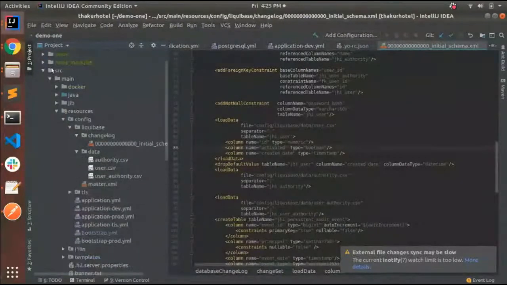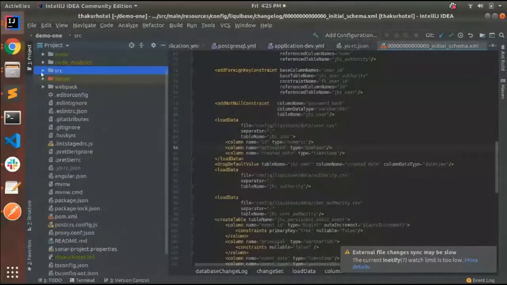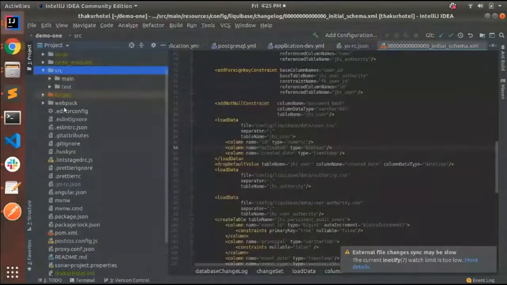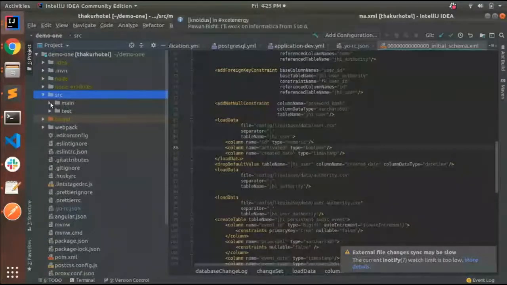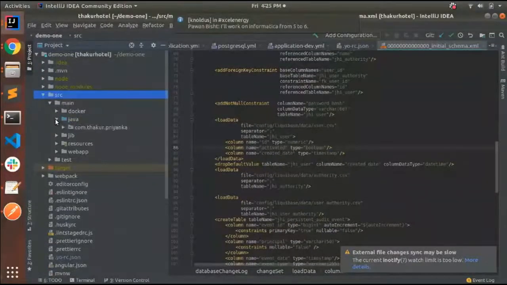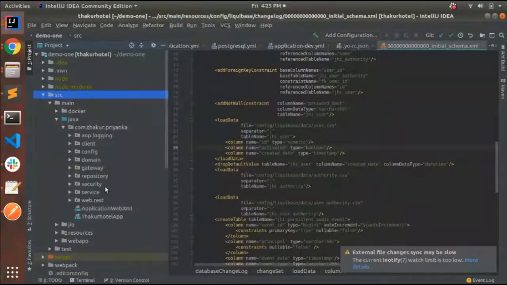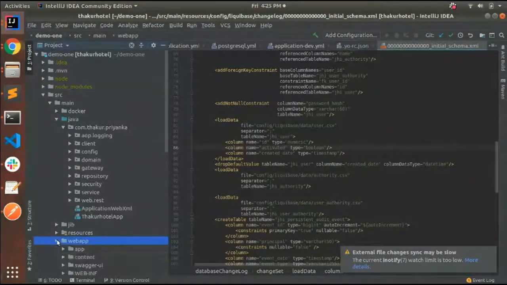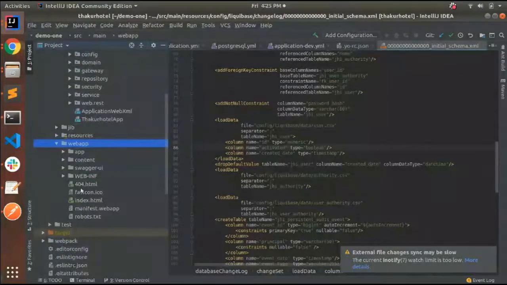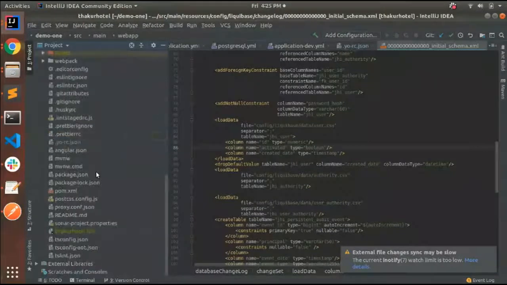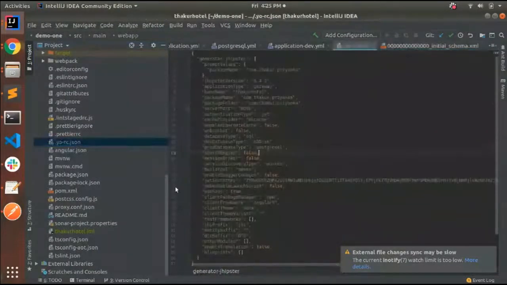And this is my gateway application. Here we can see the source, which represents all our Java application code. Here we have all the microservice related code, and our front end code is in webapp. Here we have all our front end related code, and this is a very important file, your RC JSON file.